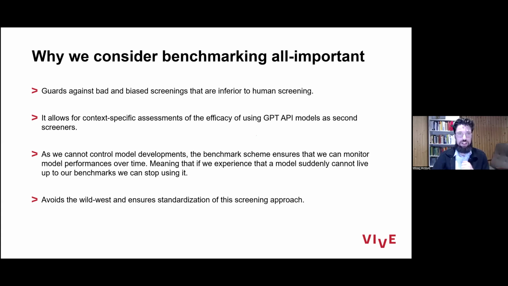I need to say why benchmark scheming is so all important, because that's something I really think I should highlight. Benchmark scheming really guards against bad or biased screenings entering our reviews, and it really allows us to make context-specific assessments. I cannot tell you whether it works in your specific context, but with the benchmark, I can give you some general guidelines and say if you can live up to these benchmarks, I think you're good to go. I would gladly discuss whether these are the right benchmarks, but I think